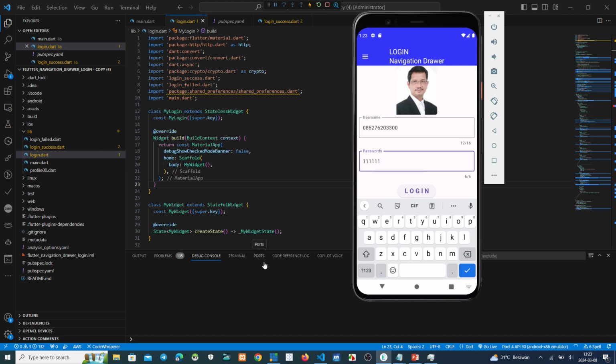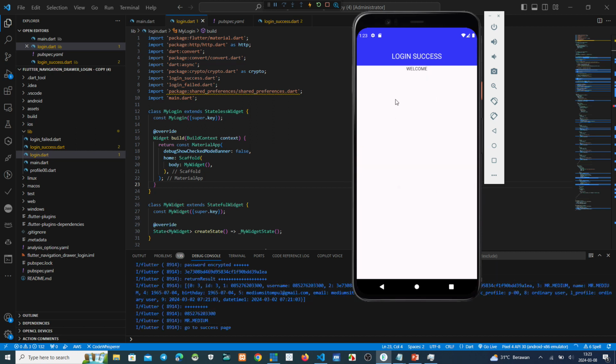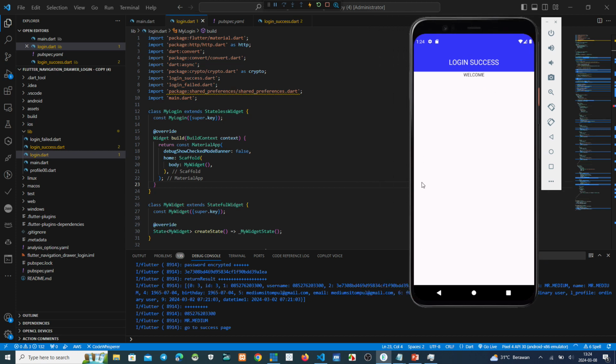Okay. Now see on the debug console here. If we click the login button here, see this one. Okay, we can see this Flutter go to login success, and also we know the login. But in my project, if someone logs in, we want to write down here the name, the someone's name.